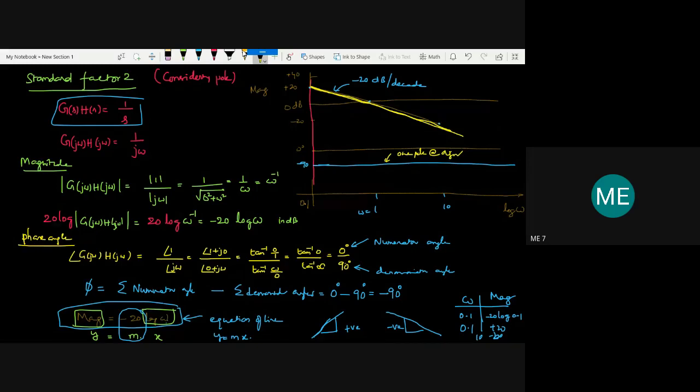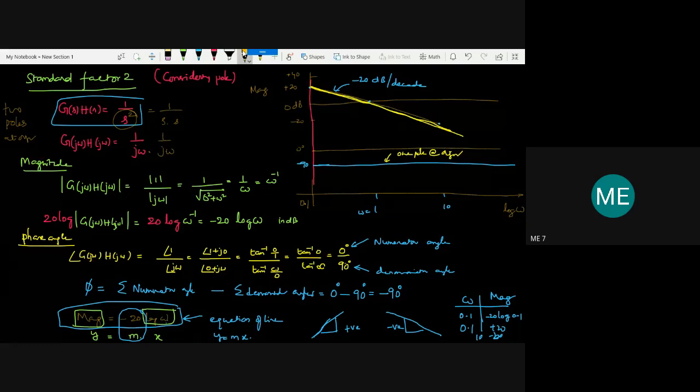So in the K case, we have both parallel lines. But here I have taken one pole at origin. Now if I take two poles at origin, it changes to S square. I can write 1 by S square, that is two poles at origin. 1 by S square I can write as 1 by s into s, so 1 by j omega into 1 by j omega.